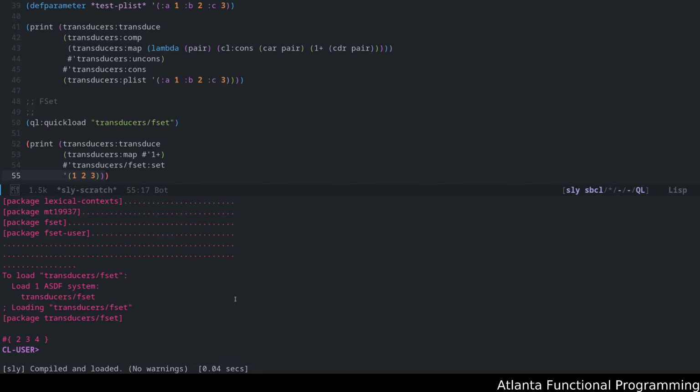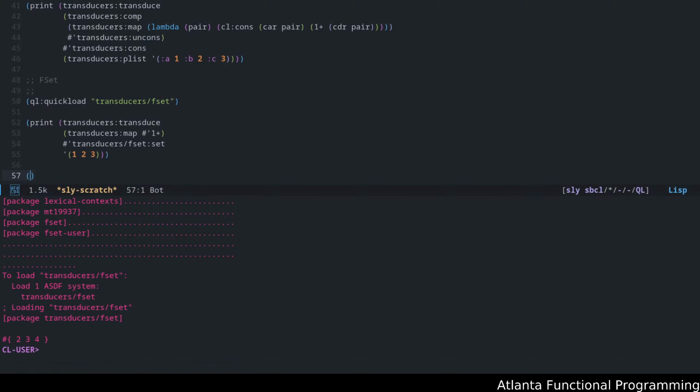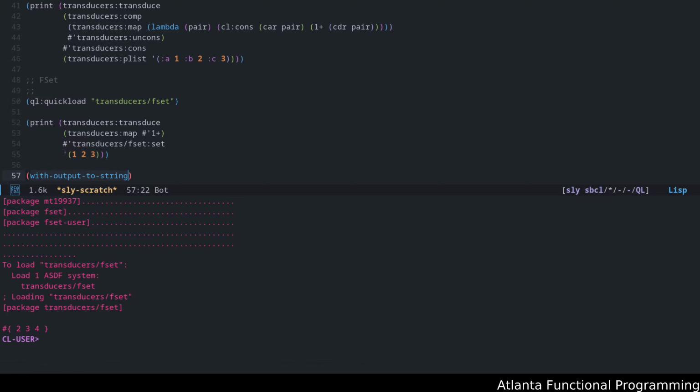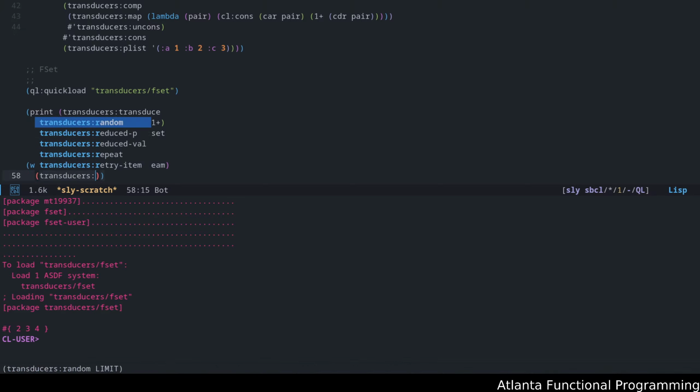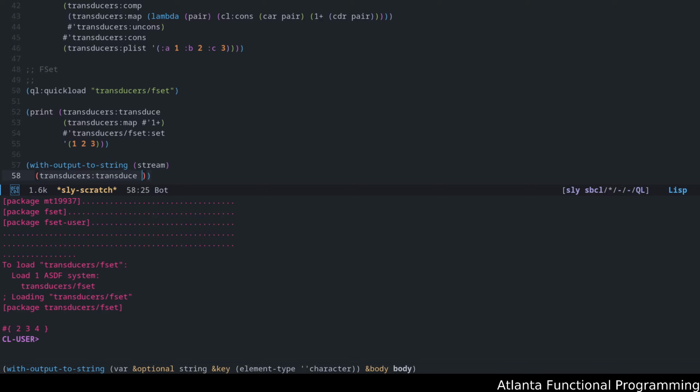Okay, we obviously need to, for our sake, start writing with output to string. Output to string will take a stream. Okay, and what we're going to do is we're going to use transducers, transduce. Okay, and there's this thing called the pass function, which if you go and look at the documentation on pass here,